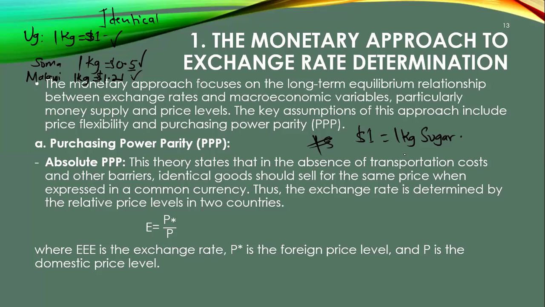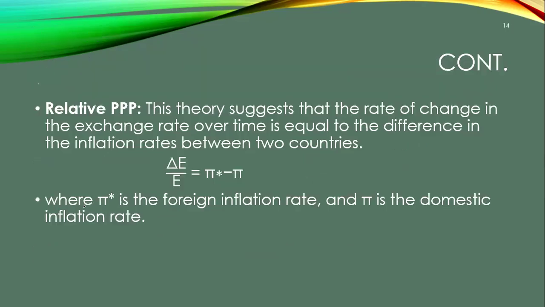That is P star, which is the foreign price level, and P, which is the domestic price. This one is supposed to be only a single E, not a triple E. So this is what we are trying to talk about by saying monetary approach. Then 2B,